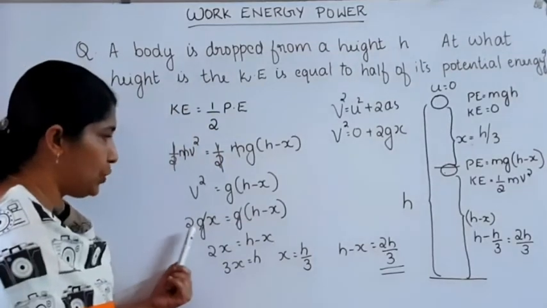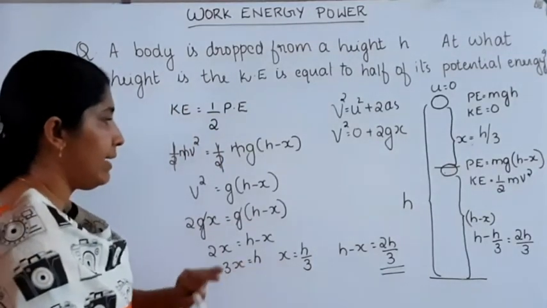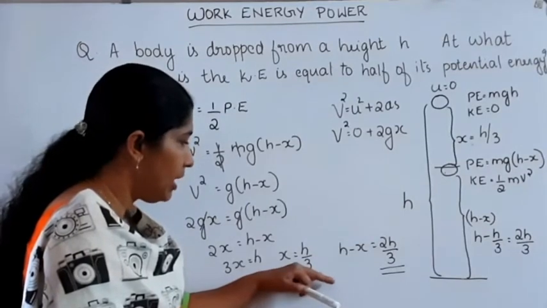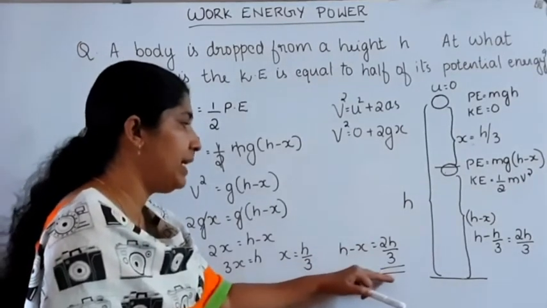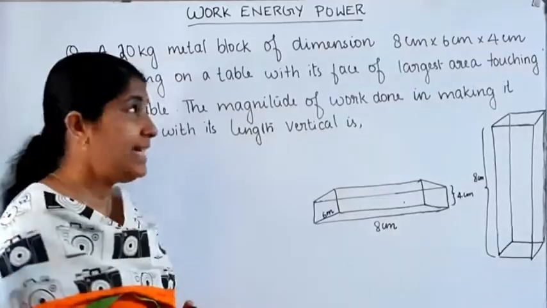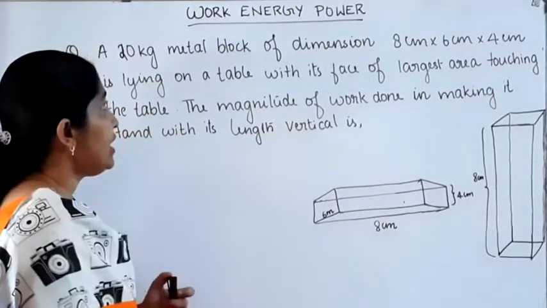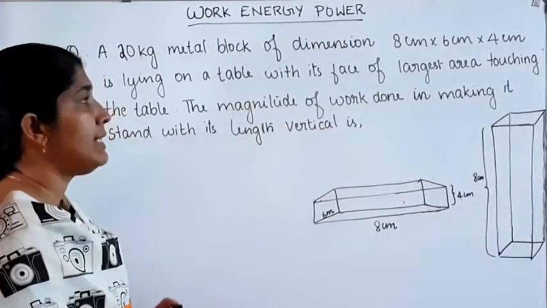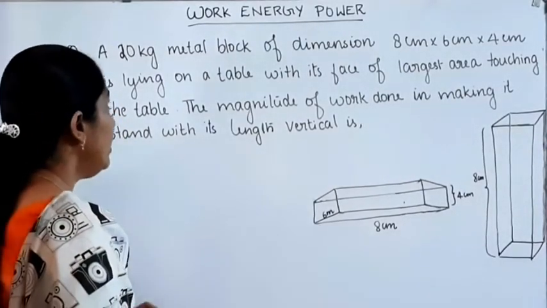Then on substituting and rearranging, we got the answer x is equal to h by 3. Then what about the remaining height? It's equal to 2h by 3. Okay. Next question. A 20 kg metal block of dimensions 8 cm, 6 cm and 4 cm is lying on